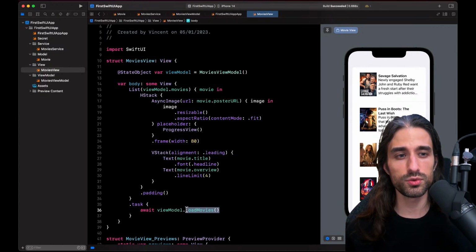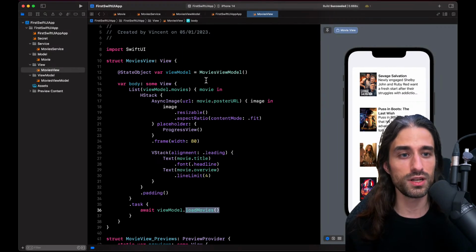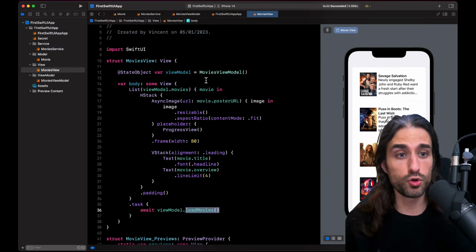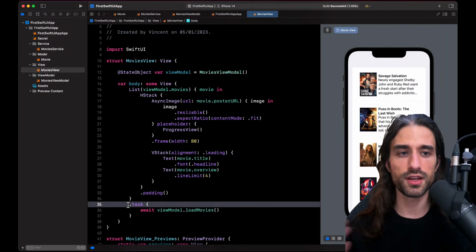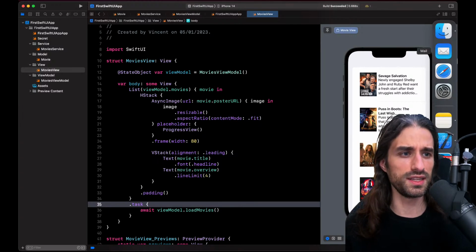So it's really important to never do anything that's costly in the init, whether it's the init of a view or of a view model or of an observable object, because these inits will be called very early on, way before the view is displayed. The view might actually never be displayed even though the inits have been called. So this init must be as lightweight as possible, and all code that is costly, like making a network call, should happen in a task modifier or an onAppear modifier, something that is called only when the view is displayed.